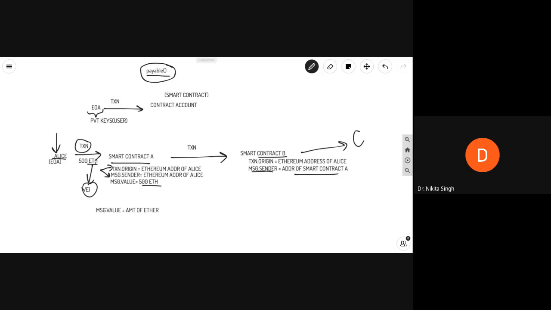This payable specifies that the function can accept some ether, and if you don't put this in your smart contract, you will not be able to accept any ether in your smart contract. So if you write a smart contract but miss using this payable keyword, even if you are getting some transfer, the smart contract will reject the incoming transfer.